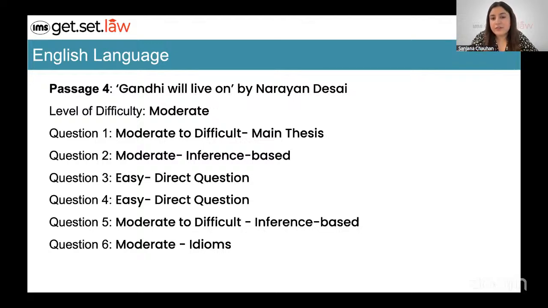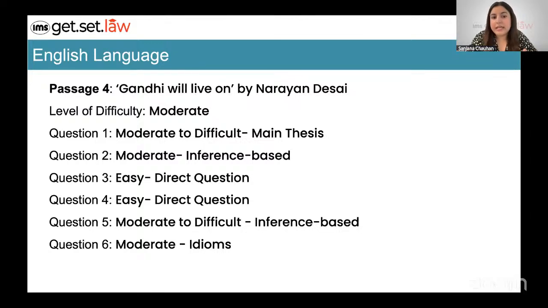Because there was the first question, which I would suggest, if you were not able to really solve this correctly, you could have just skipped it. That's okay. The options were really lengthy. It was talking about main thesis slash main idea, but I've also labeled it as moderate to difficult and not just left it at moderate, because the manner in which the options have been worded is really tricky, right? So you do need a lot of time to solve question 1. So in this case, if there was anybody who thought it fit to skip the question, I think that's pardonable,